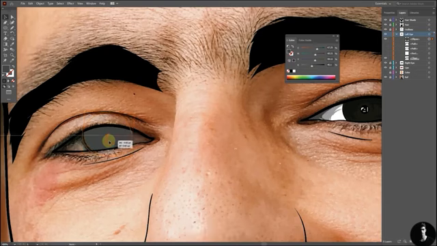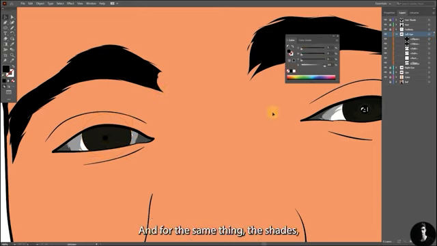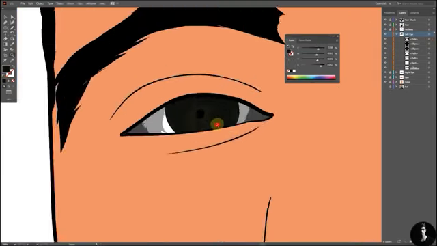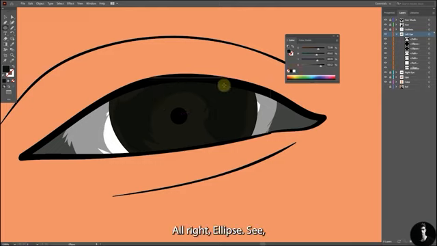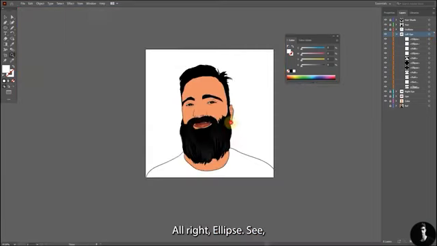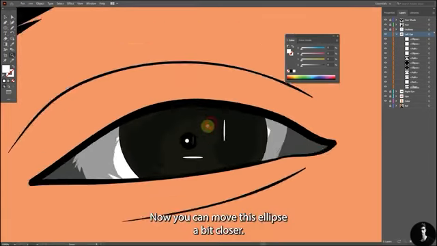and this is it. And after the eyeball, we need the basic color, so you can just go here, we have it. Now the black color, we have it. And for the same thing, the shades, we will make that. And here it is. Now the same old white ellipse. See, we completed our eyes. Now you can move these ellipses a bit closer,